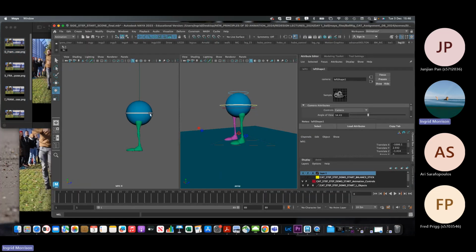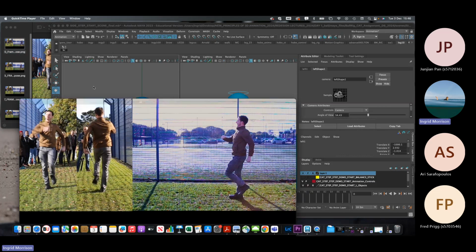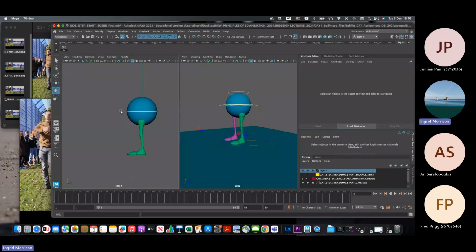You can load your reference in here if you want to. I don't really like having my reference in here. I prefer to have it separate or on another monitor. But if you want to load it in, you can. You can load it in with the